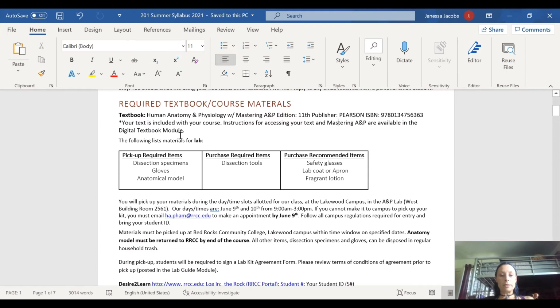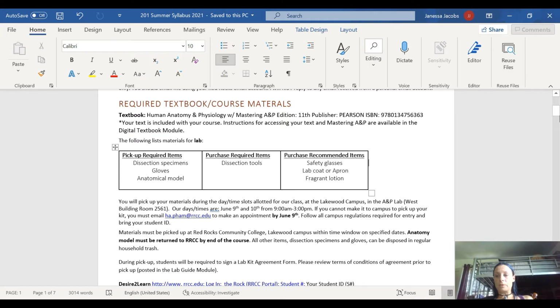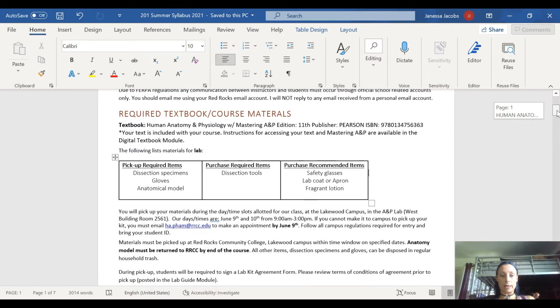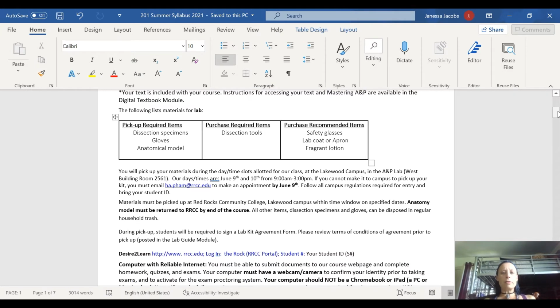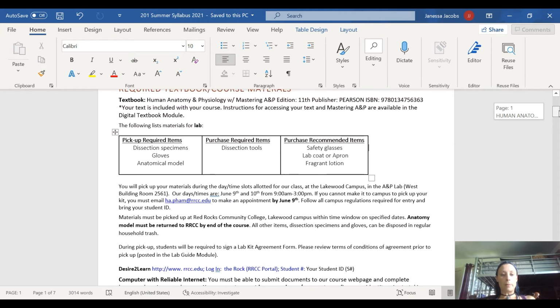As far as the required materials go, you need the 11th edition of this Myriad textbook, which you will be able to access through our digital textbook link very soon. So if you can't access it yet, we'll get it done by the end of the first day of class. For the first day of class, it's not super important that you have access to that site because everything else you need to get started today is on D2L. Let me just quickly point out a couple of things.